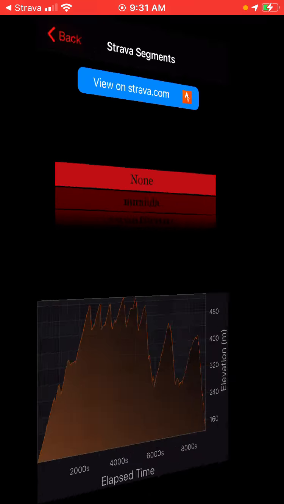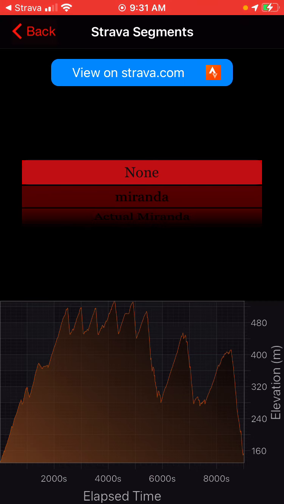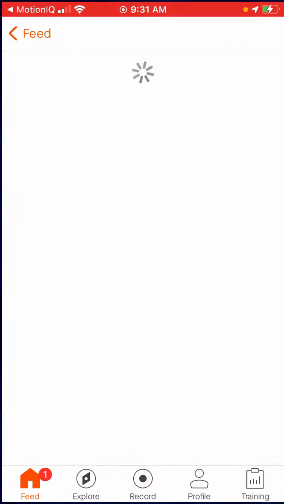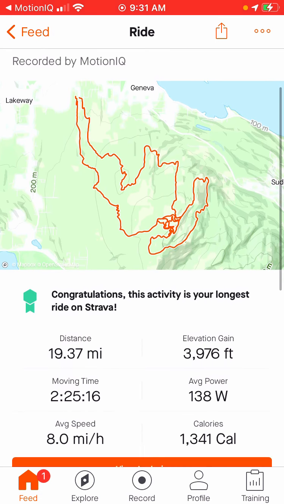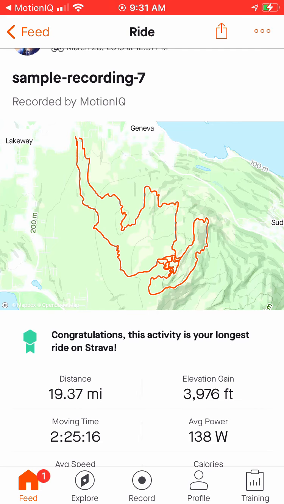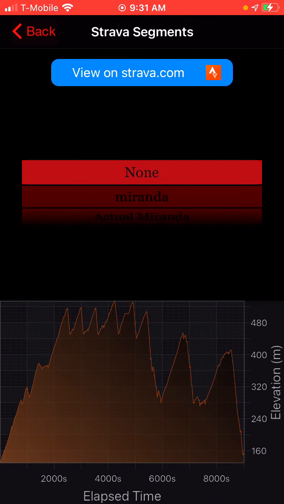So we'll go back into Strava. And now at the top, you've got that button. You can tap on that, and it'll take you right over to the Strava recording. So you can view all of your data about the ride. Sorry, I have to go back to MotionIQ here. Okay, so back in MotionIQ,